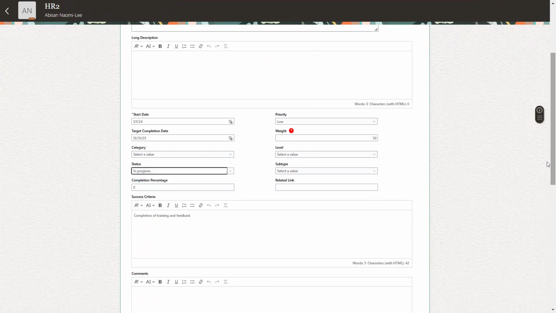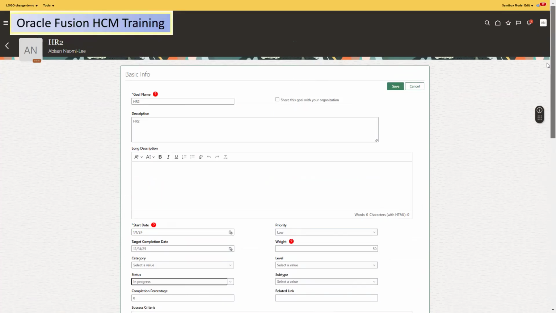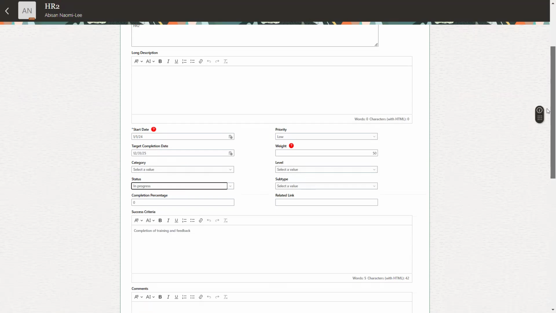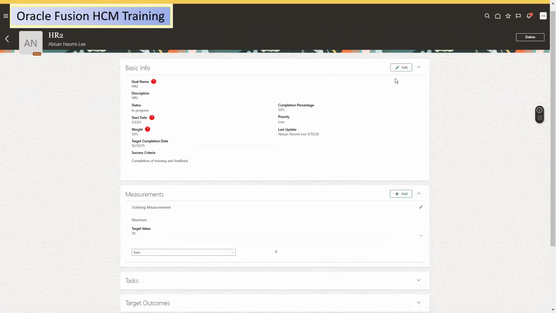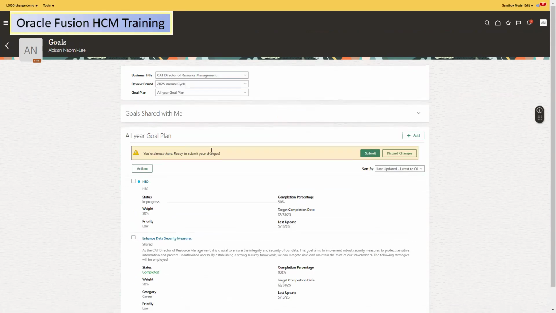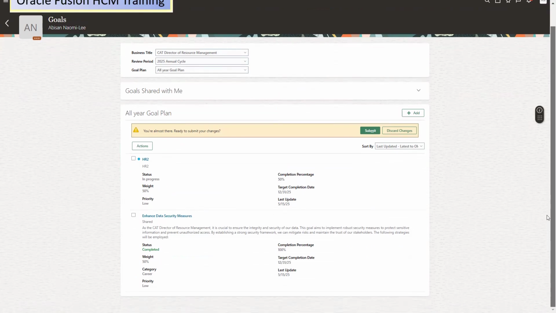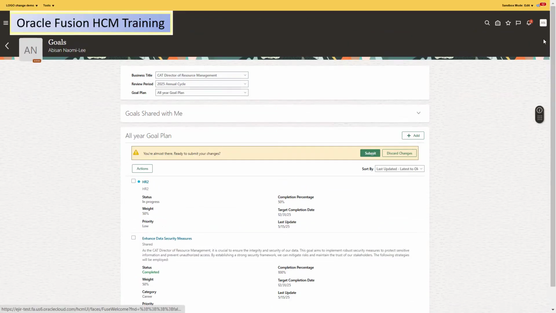In progress, so this shows us in progress, but in the Redwood we see it's not very